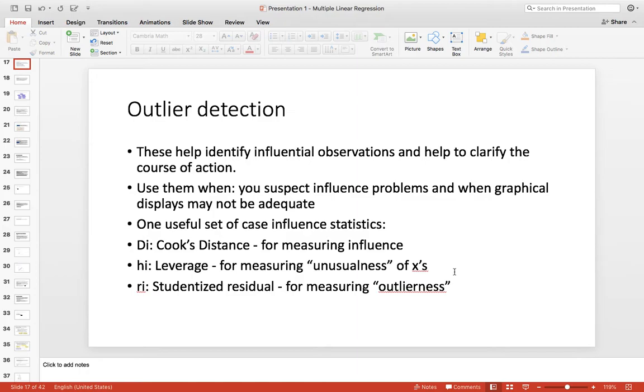So one useful set of influence statistics are Cook's distance for measuring influence, the leverage for measuring unusualness of X, and the studentized residual for measuring outlierness. So these things should be clearly maintained in your mind. Cook's distance is for measuring influence. The leverage is a measure of the unusualness of X, or outliers in X. And the studentized residual is useful for measuring outlierness.